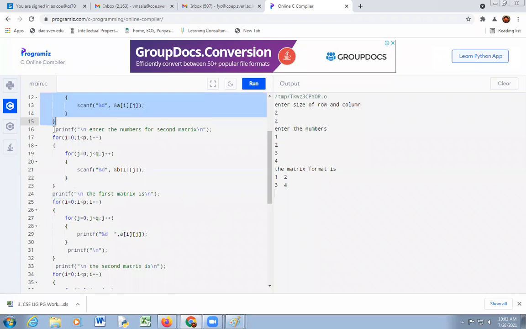Similarly, I want to enter elements for second matrix. So for i equal to 0, i less than p, i plus plus.